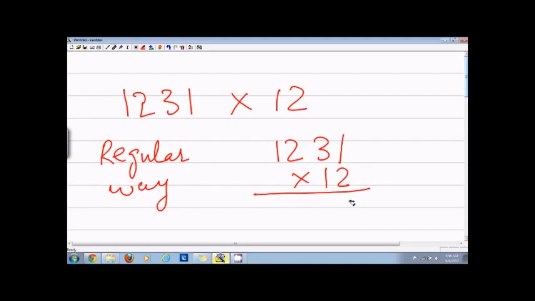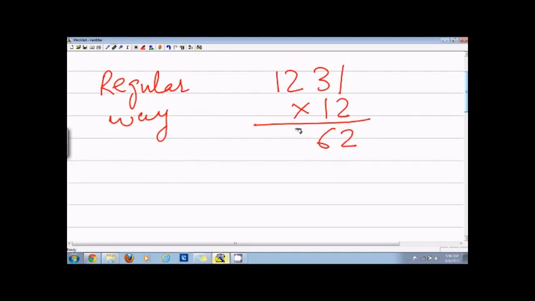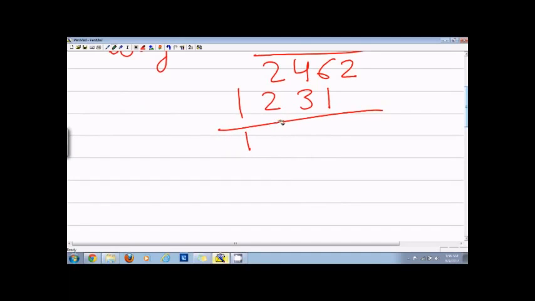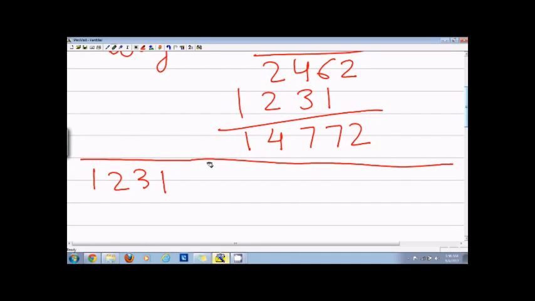So in this case I will say 2 times 1 is 2, 3 into 2 is 6, 2, and then I say 1231, and then I will say 14772. Now if I look at the problem again, I say 1231, and now I will use my own way, so I will multiply it by 12. So in this case what I'll do is I'll first write 1, and then